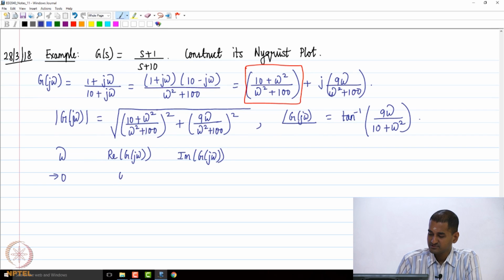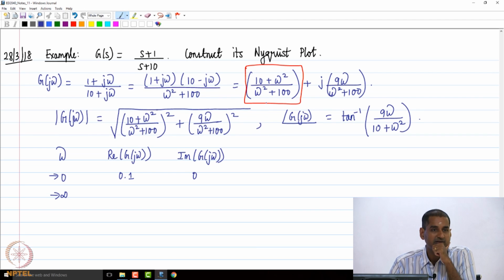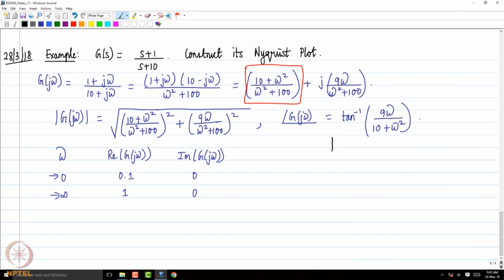So as omega tends to 0, the real part is going to be 0.1. What about the imaginary part? It's going to be 0. Now, as omega tends to infinity, what do you think will happen to the real part? It will tend to 1, right? And what will happen to the imaginary part? 0 once again, right? So, if you plot the G of s plane here for this particular